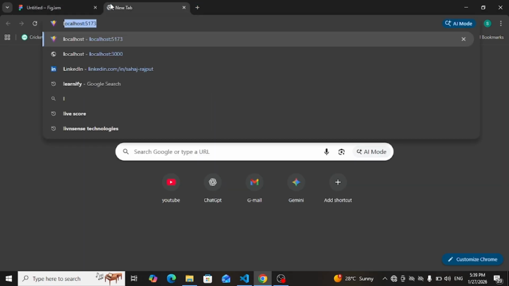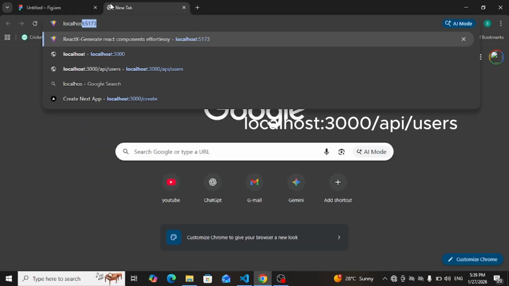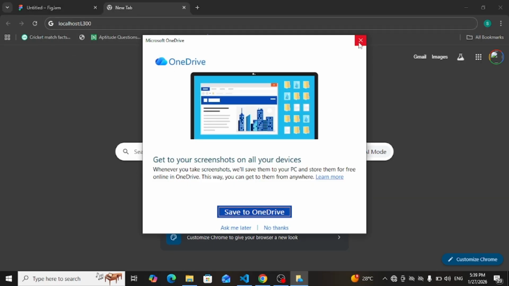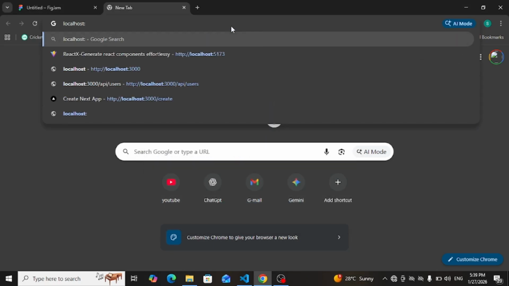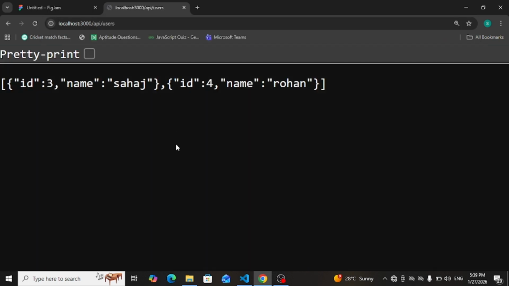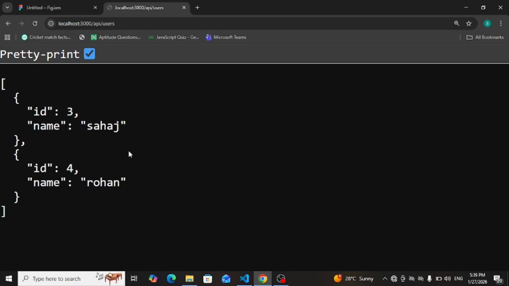Go to the browser and search the URL localhost 3000/api/users. As you can see, we have got our response, that is the objects, one with ID 3 and one with ID 4. So now we can say that our API for fetching the user details is working properly.